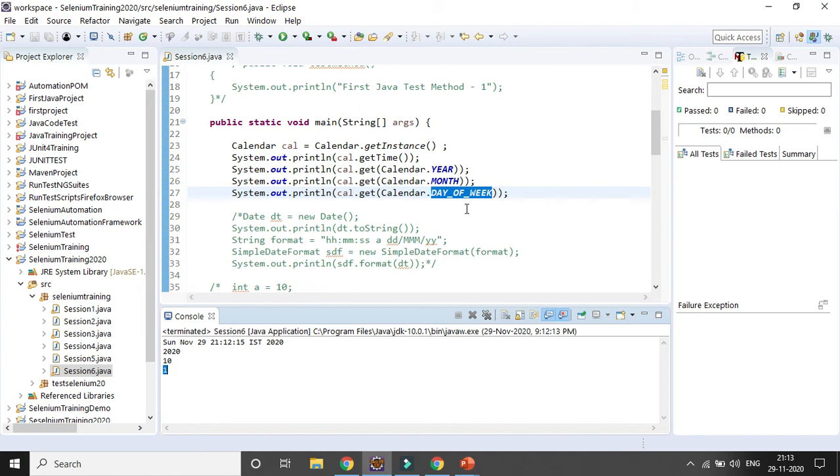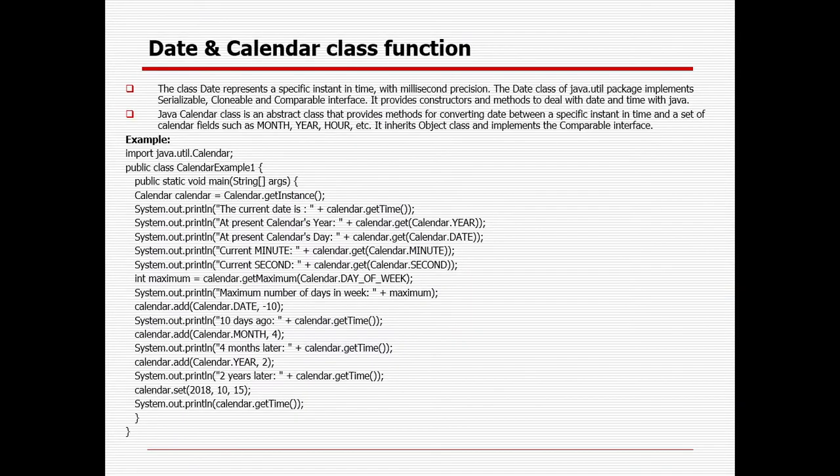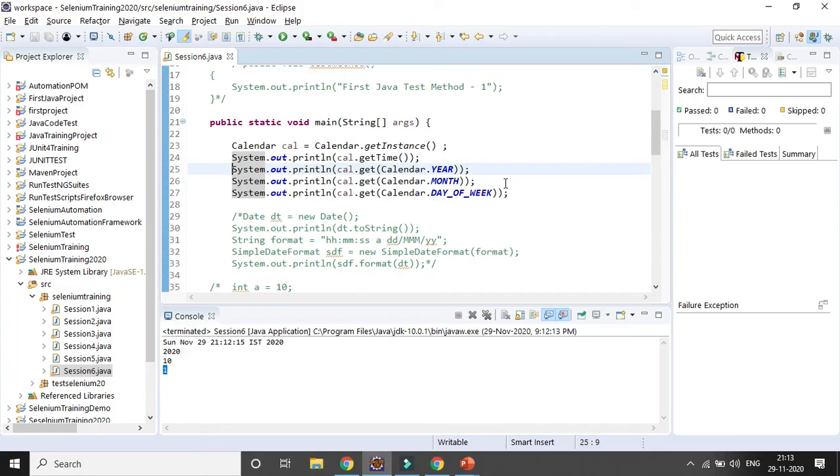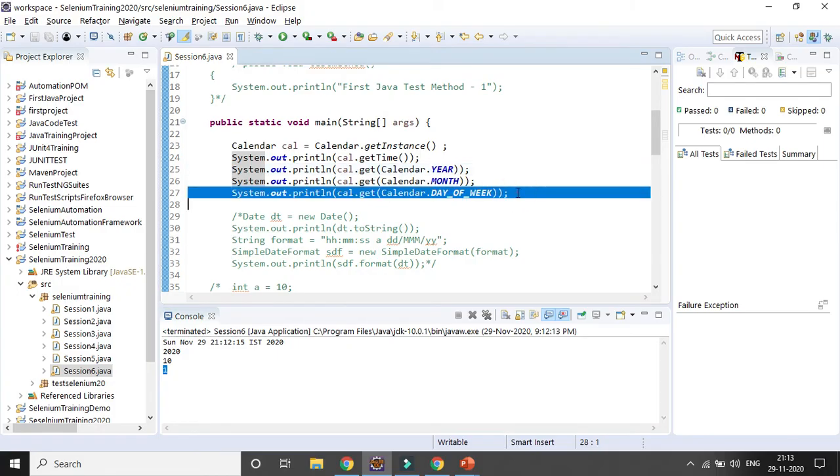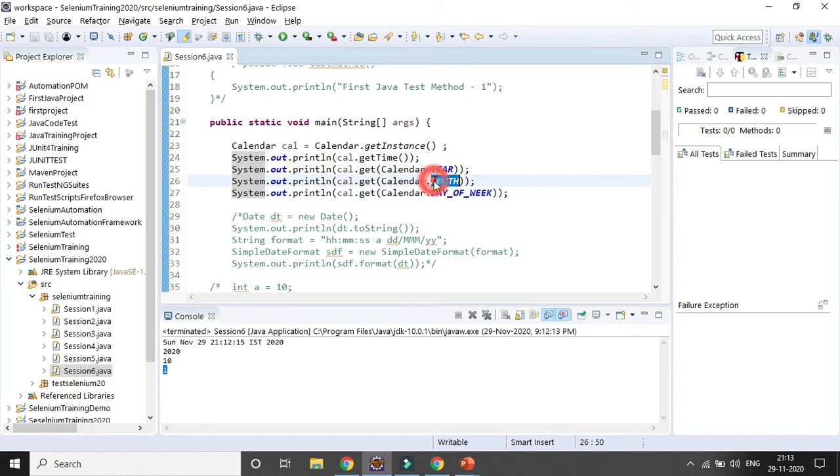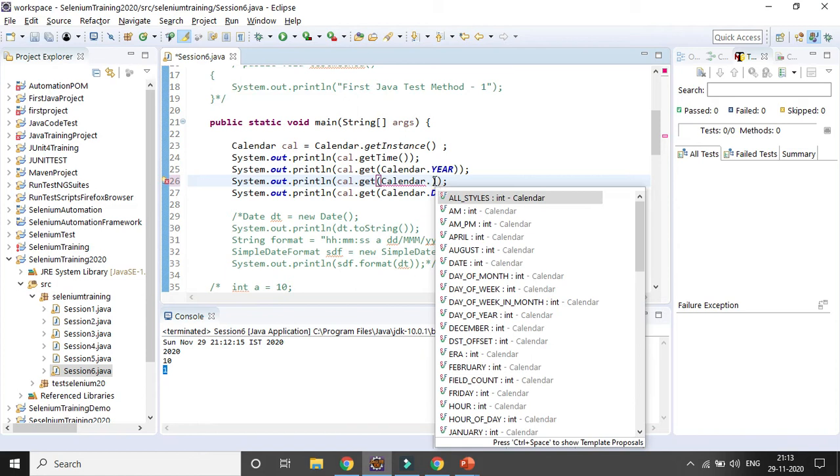Now, if you want to change something, if you want to set a new date, you can do it with the help of the Calendar class. Suppose I want to get the date here instead of month, let's press dot then DATE.